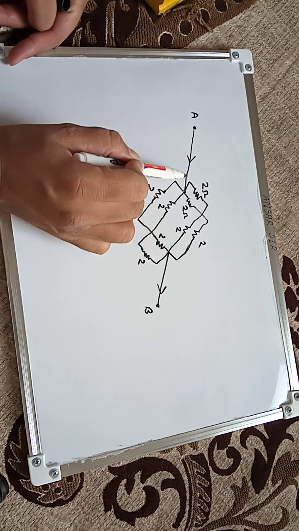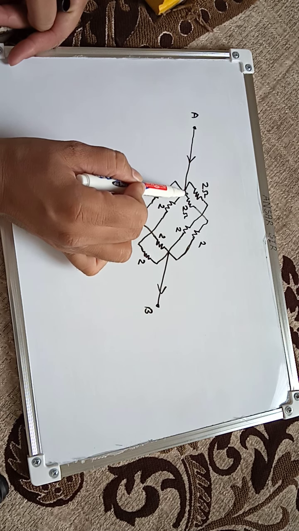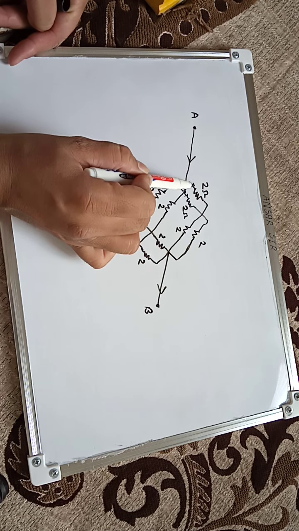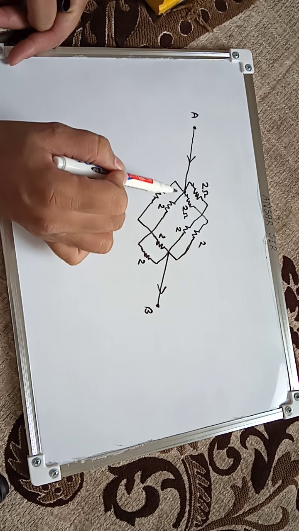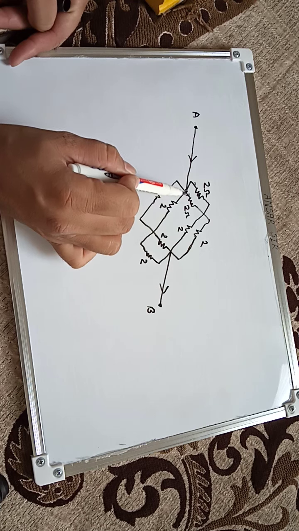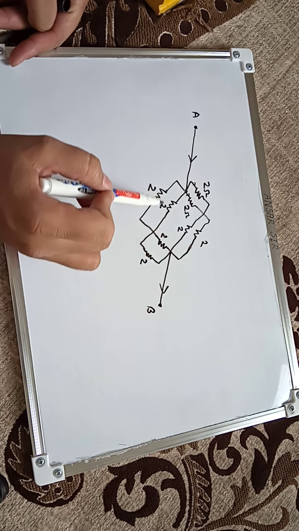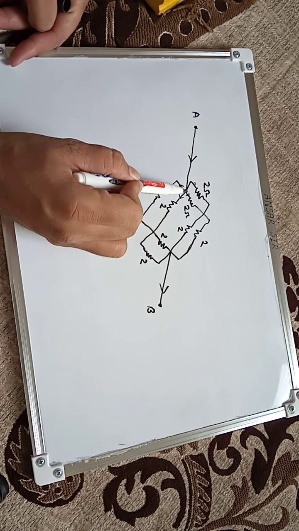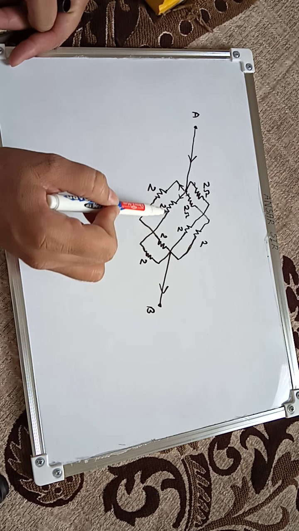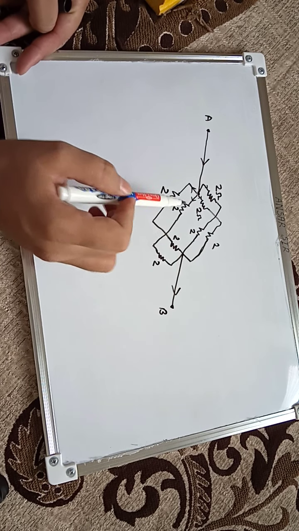You can see the current has come up to this point, and from here the current is dividing into upper two branches and lower two branches. The current will go here and it will go here. These 2 ohm resistances are connected in parallel because the current is going into this front straight, and this upward branch. So these two are in parallel. Similarly, some current will go here and some current will go here. The current is dividing here also into 2 branches. So these 2 branches also are in parallel. So we can solve it like this.